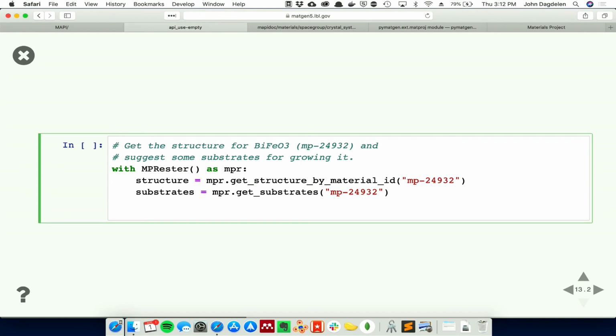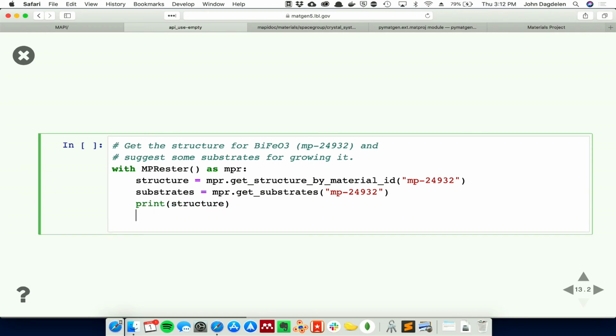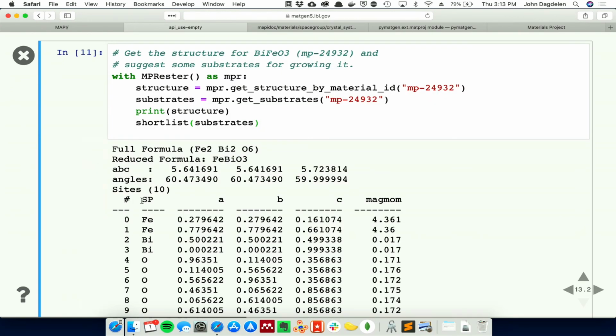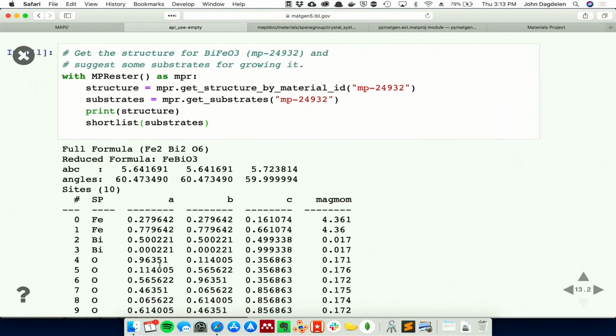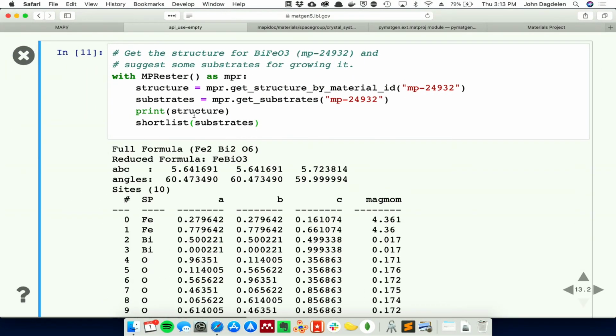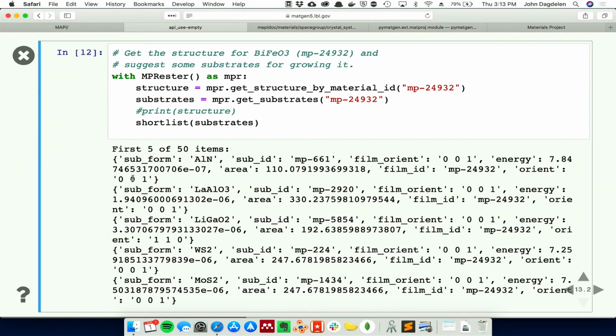And let's go ahead and just view the structure. So let's view the structure file, I guess like parameters, not the viewer. So print structure. And then I'm going to also go ahead and print the substrates. Let's see what we get here. I'm not able to scroll, so I'll rerun the cell. So first we see we get the structure for it. And then I'm going to comment this cell out and then rerun so we can see the short list of